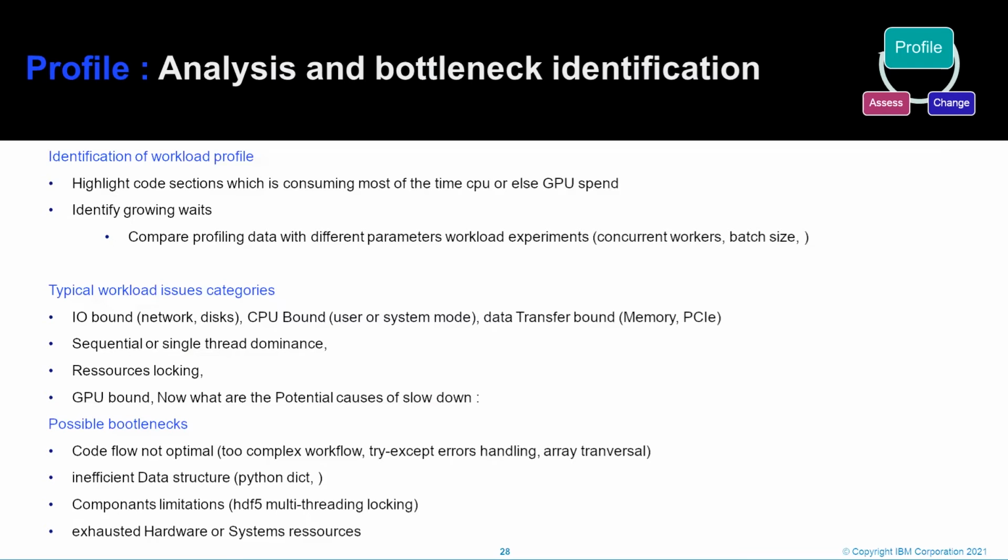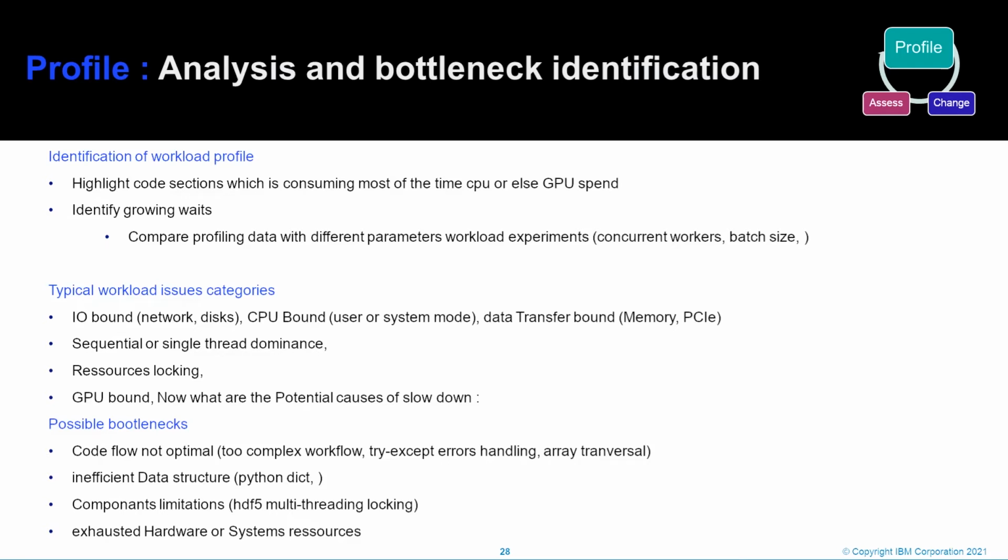Well, once you have done all this, you have gathered all this data. So you have to identify the workload profile. So I like the code section inside your Python code, where you actually spend CPU, GPU. We compare profile data with different workloads with different parameter values, for example, the number of concurrent workers, the batch size, and so on.